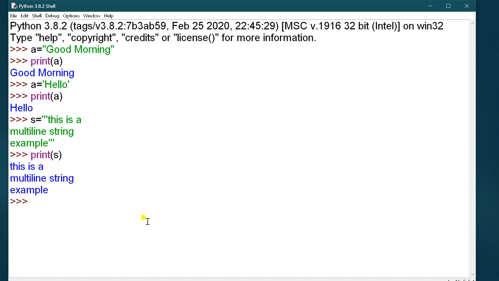It will give you "this is a multi-line string example". It will show you the result exactly as you have written. So this way you can write a string by single quote, double quote and triple quote.